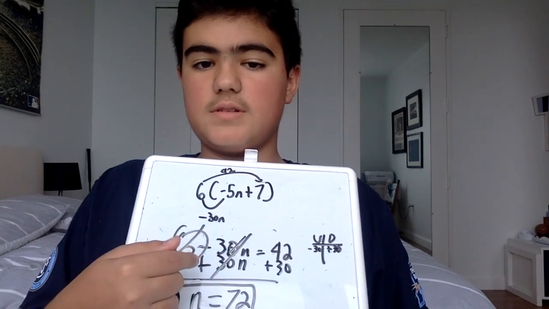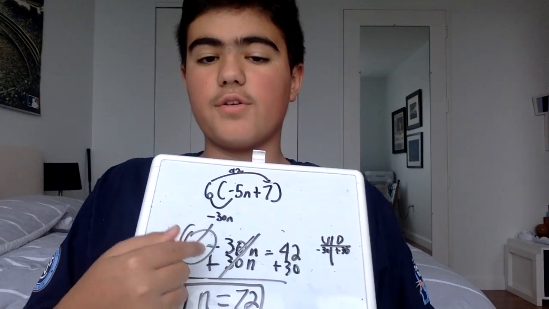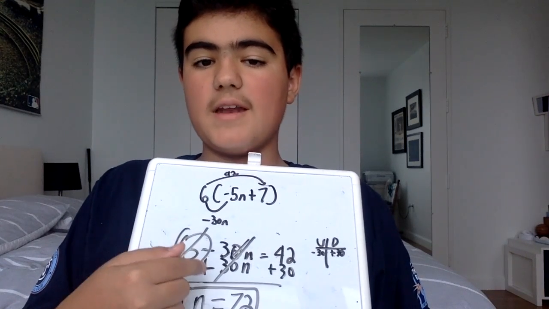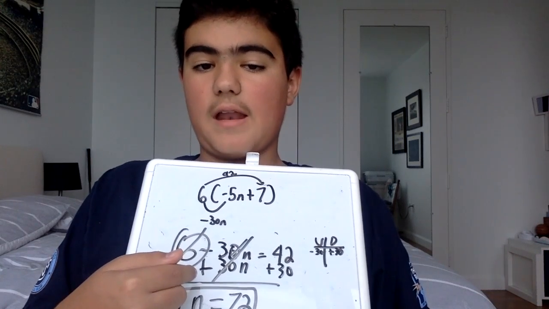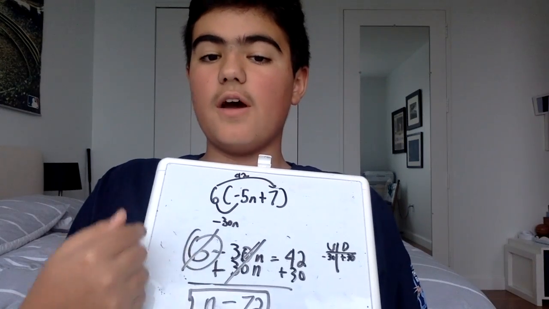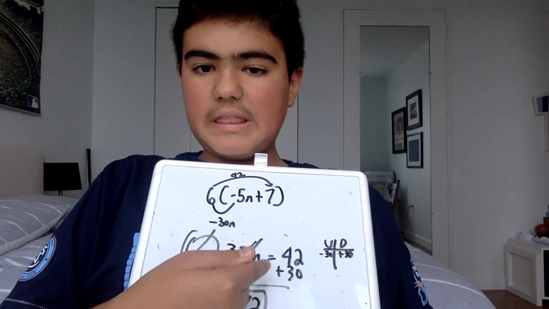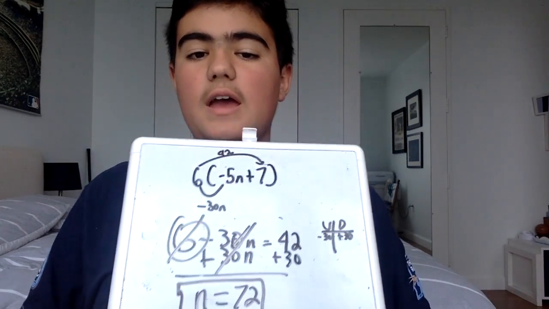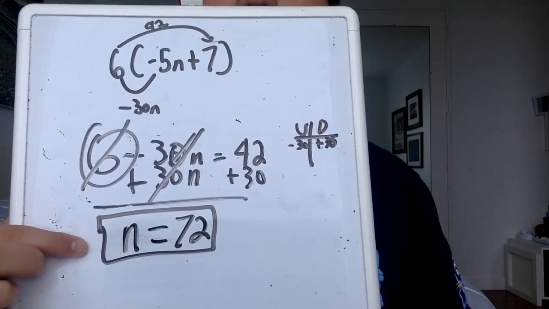So what you would do is the inverse operation for 30n. So it would be minus 30n, and then you would do the inverse operation plus 30n. And then what you do to one side, like I always said, do to the other side, right here. So you would do 42 plus 30. And the final equation answer is n